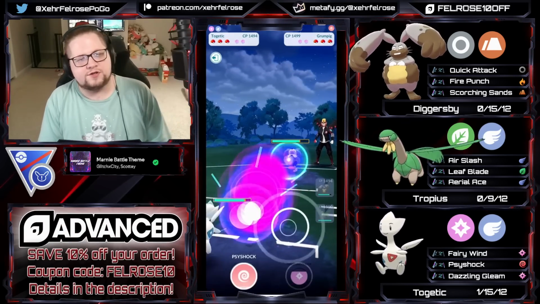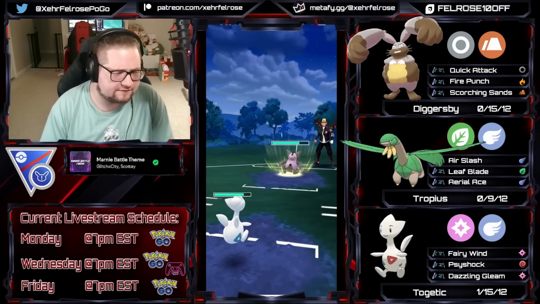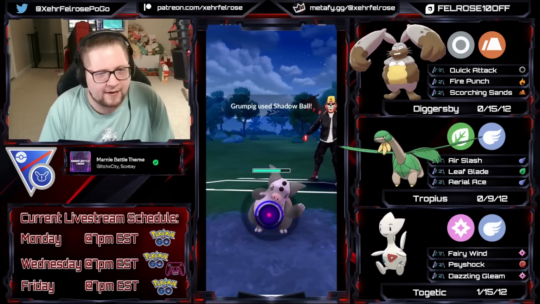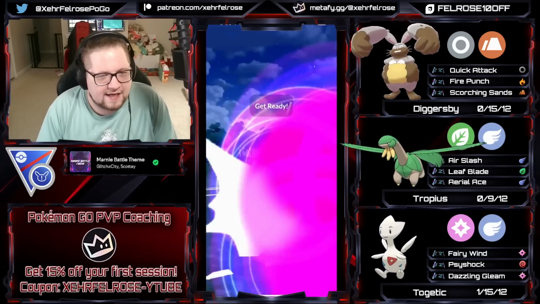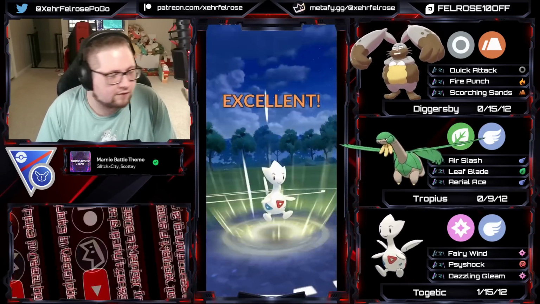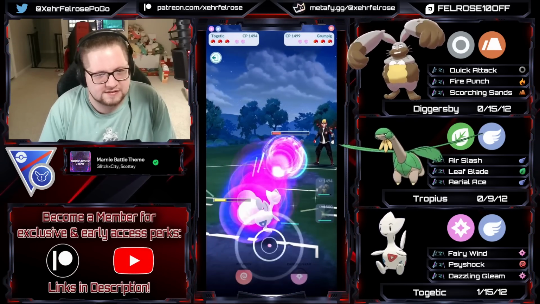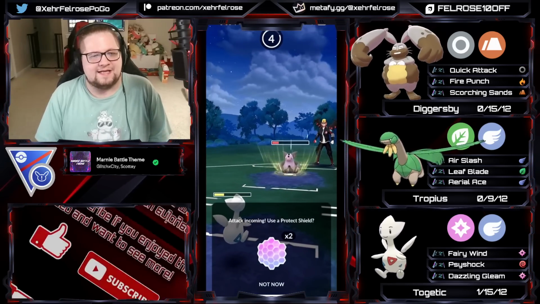punch, but unfortunately the opponent holds onto their energy, and now I'm going to end up taking a Shadow Ball to the face, which is a lot less comfortable, but I made the mistake. I'll live with it. Opponent is staying in. They might not have an answer in the back to Togetic, or they have another answer in the back to Diggersby. Both of them are completely possible here, but the opponent does not shield, and they take that energy, and